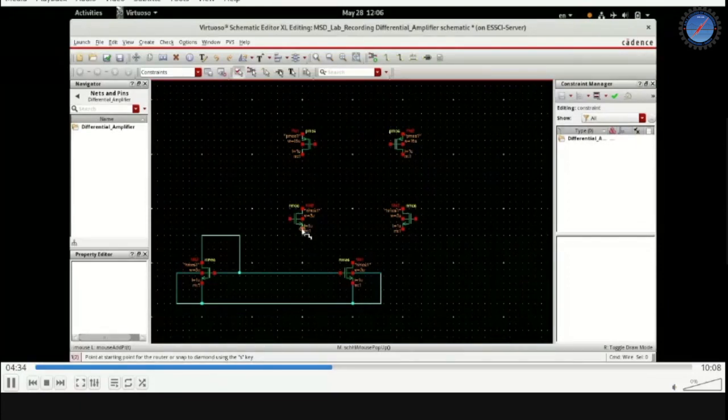Okay, then the input transistor source. The sources of the two input transistors are now shorted, and that is given to the drain of the tail current source. Then you are connecting the drain of the PMOS to the drain of NMOS. Then the gates of the two PMOS are shorted. Again, the PMOS drain is connected to NMOS drain. And then the source of the PMOS will go to VDD.